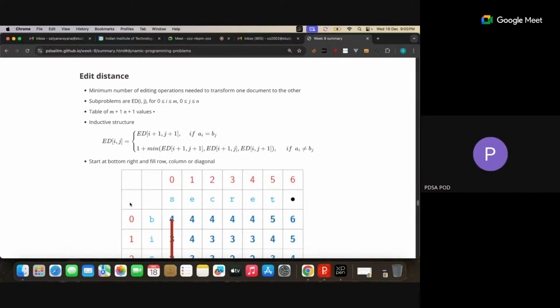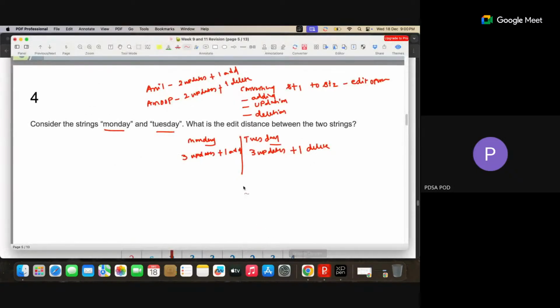So what these three are, I'll write the inductive structure as the matrix of i+1 and j+1. This is the first matrix, and the next one is i+1 and j. The next one is the matrix of i and j+1. If you look at these three,